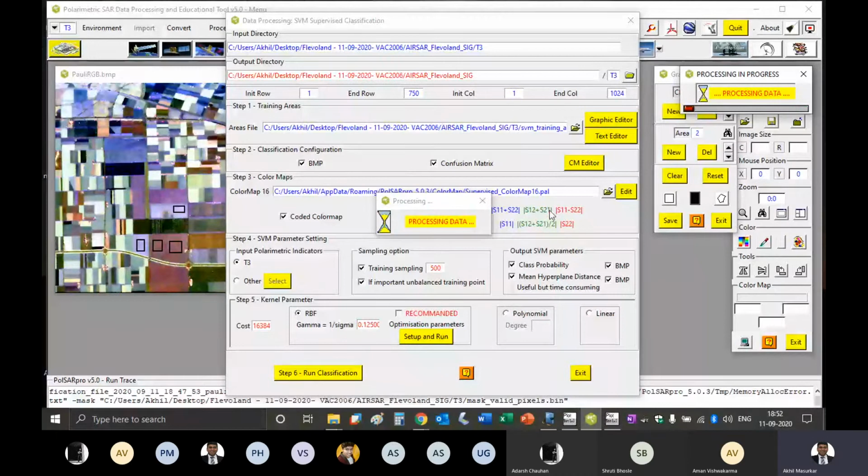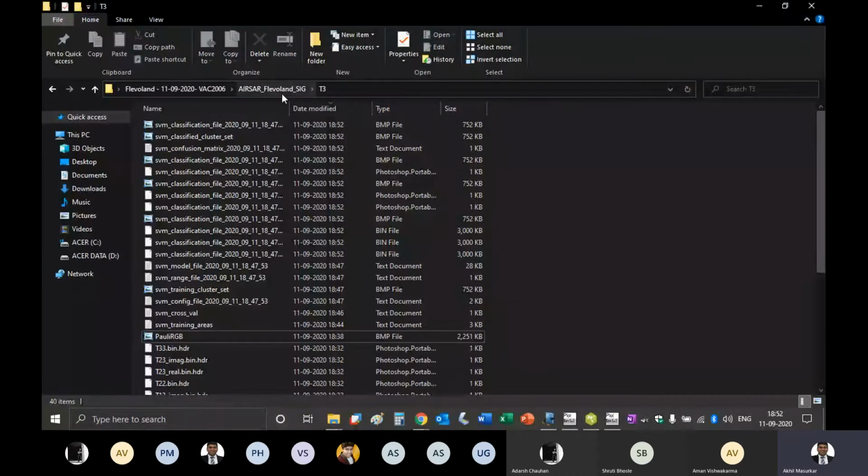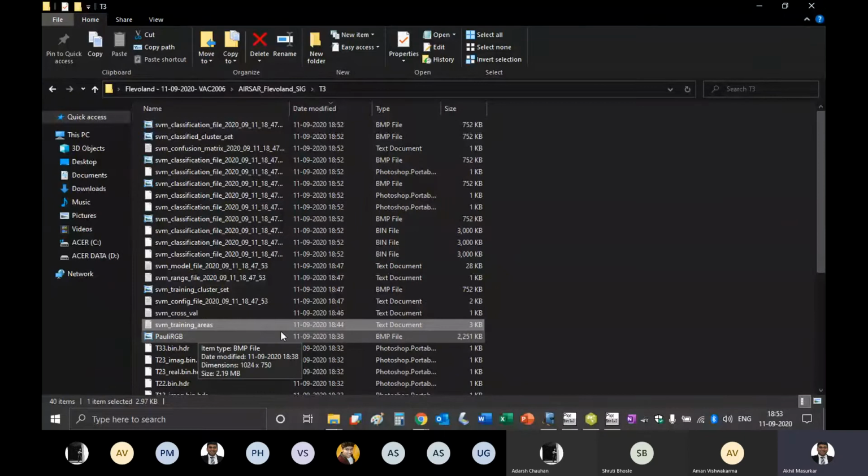How can you look at whether training is getting completed or not? You can go to this folder AirSAR Sigma P3 and you can see the files are getting populated. So please open that folder and identify the svm_training_area file.